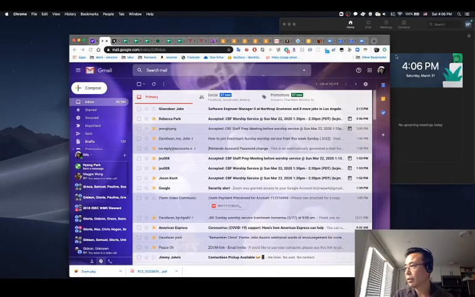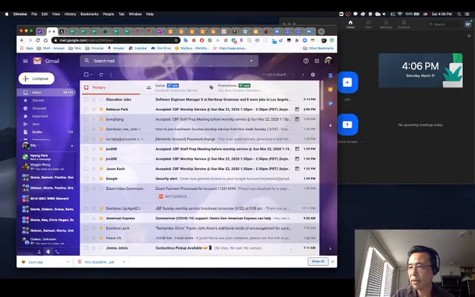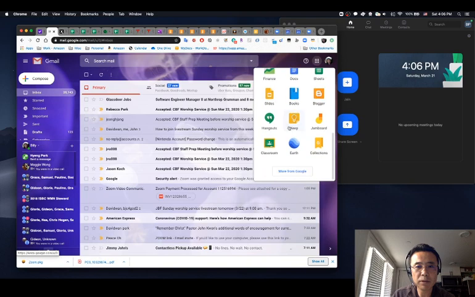All right, so I'll show you the demo quickly. This is my Gmail account. When you click on the inbox, you'll see the email. But when you go up to the top right corner, this is where you can see available Google apps. If you scroll all the way down to the bottom, there's Google Hangout.